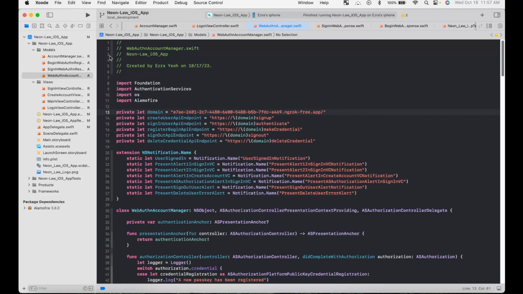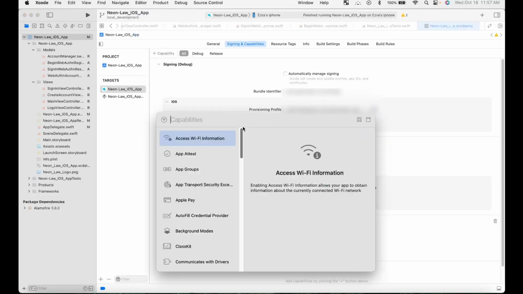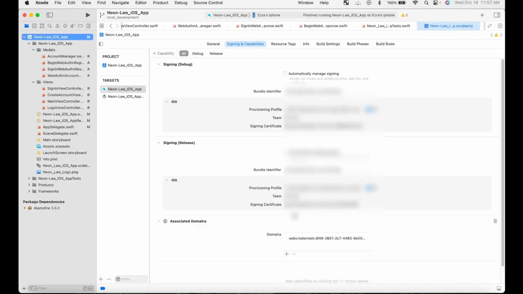This is very important. And then right here in our application under signing and capabilities, if you don't see associated domains right here, you can go to editor and add the capability and type in associated domains. Or you also have to make sure you have it set up in your Apple developer program account. So under domains,